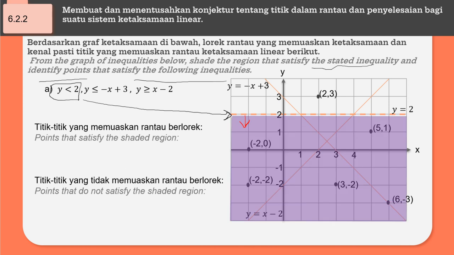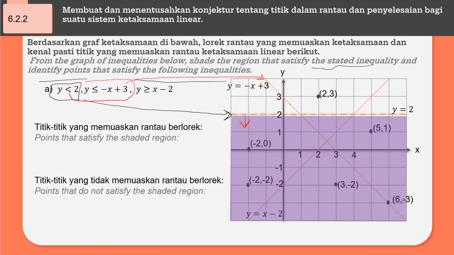Okay, the purple region. So the second inequality we have y less or equals to negative x plus 3. The shaded region, the line will be here. It has the solid line because we have the equal sign in the inequality. So when we have y less or equals to negative x plus 3, we are looking for the region below